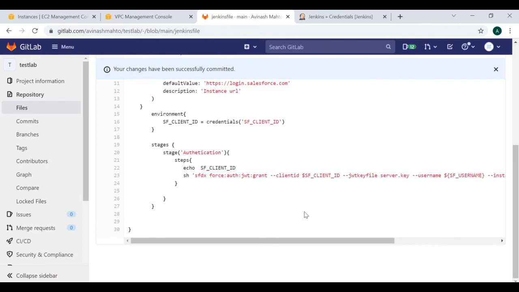Now I am going to show you another case where we are going to use the choice parameter, and in choice parameter I am going to define one case which is based on the environment. So let's suppose that you have different environments, dev environment, stage environment, UAT environment, and the values for all the environments are different.